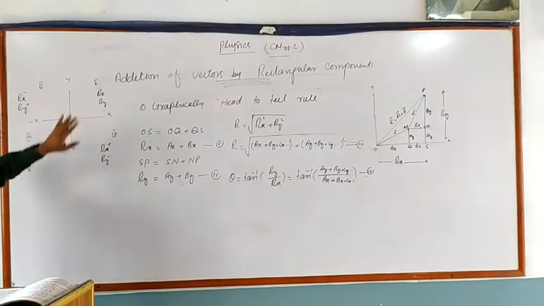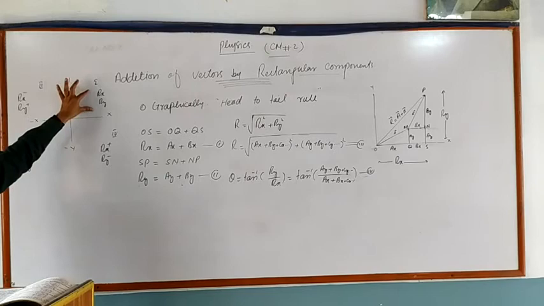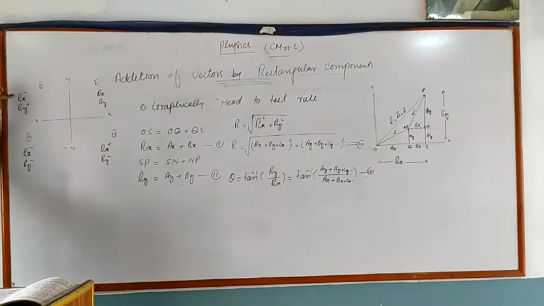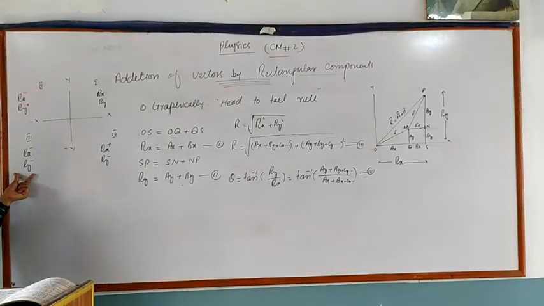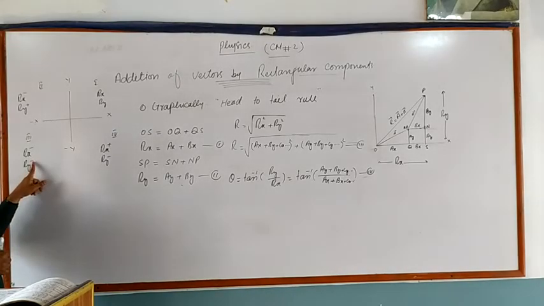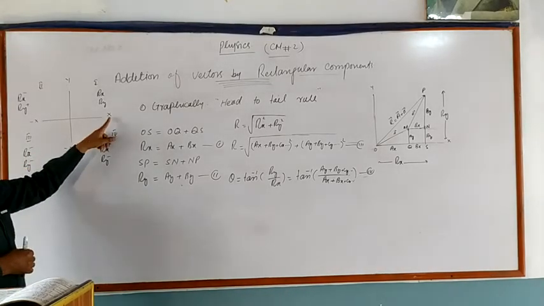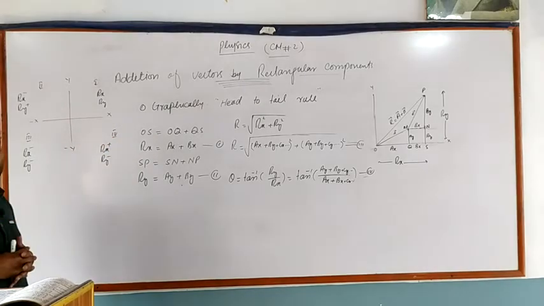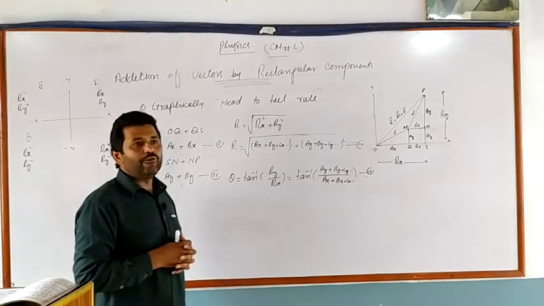We can say when both components of a vector have positive values, then vector R lies in the first quadrant. If the x component of vector A is negative and the y component is positive, then the vector lies in the second quadrant. When both components of a vector have negative values, then the vector lies in the third quadrant. When the x component of a vector has a positive value and the y component has a negative value, then the resultant vector lies in the fourth plane.